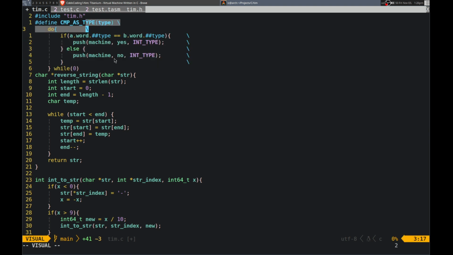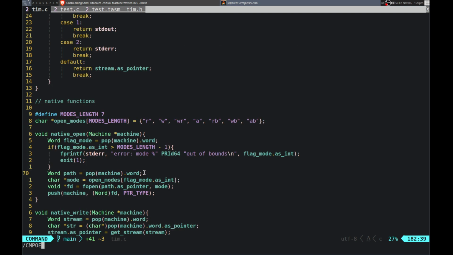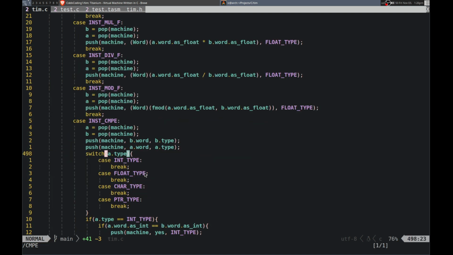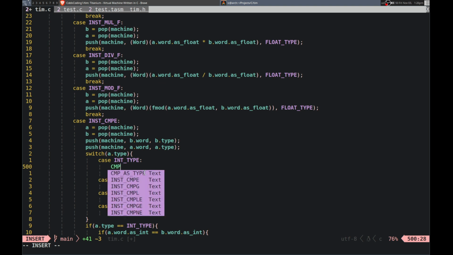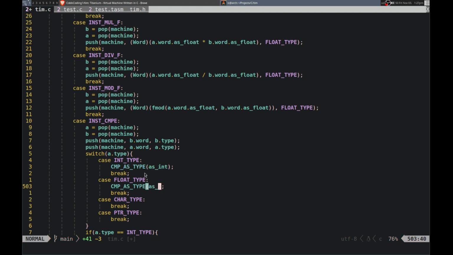Right, and there we go. So as type. So let's try if that works. So let me go down and do compare. Yeah, and then we can do compare as type, and then as int, and then as float,